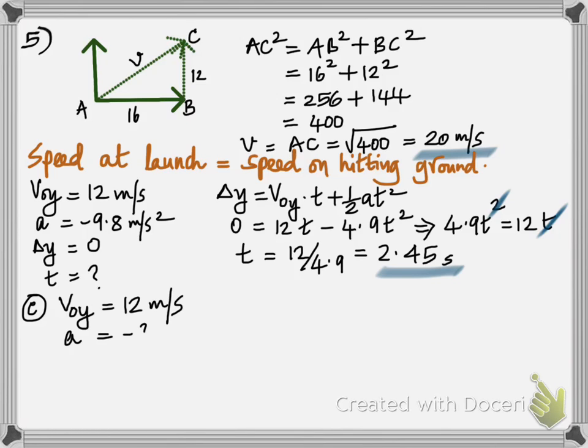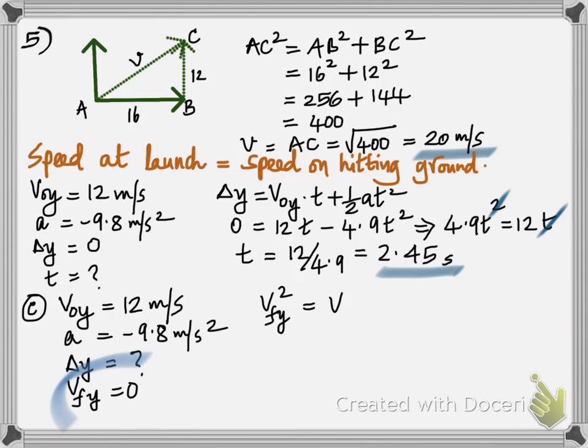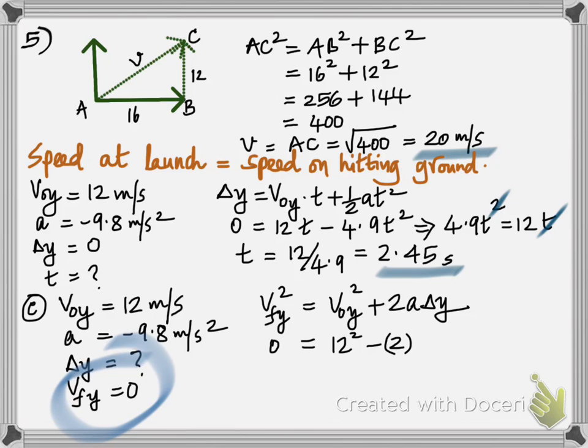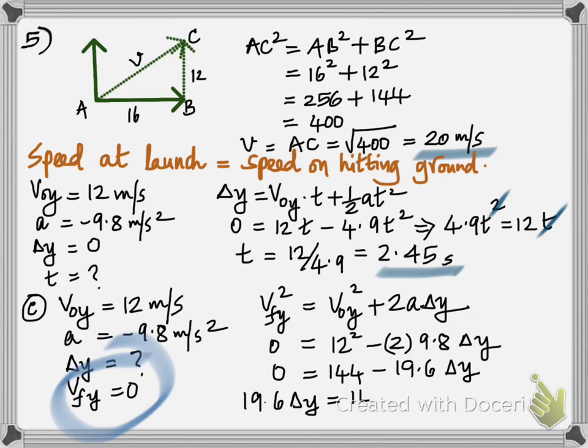In the C part, to find the maximum height, again you use the vertical component because that's a displacement in the vertical direction. A is negative 9.8 as before. You got to find delta y, but remember this time you're only considering half of the motion. Therefore, at the maximum height, the final velocity is 0. So it's very important to understand that. In this case, you're only considering half of the motion. That's why the final velocity is 0. Now that's the equation that you use in this case. And when you substitute, you get 19.6 delta y, and when you take it to the other side and solve for delta y, you get